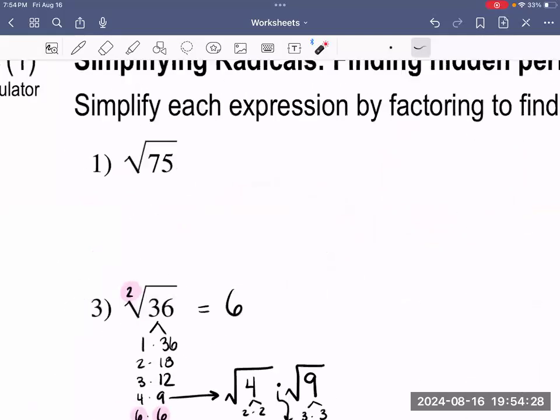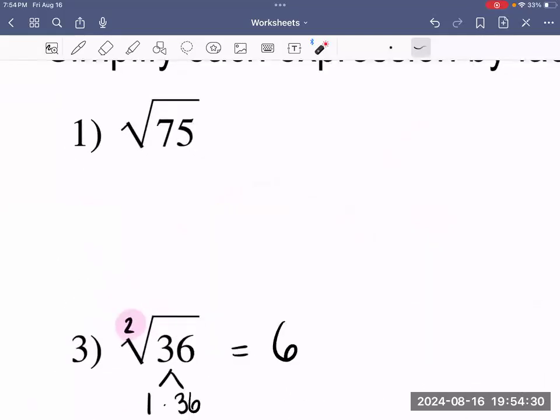Now, let's take a look at 75. So 75, their factors, right? 1 and 75, 2, and if you're trying to divide 75 by 2, you'll notice that you come up with a fraction, which is not what we're looking for. So we only keep it nice and clean. Now, if you notice that 75 is divisible by 5, that should probably be one of the first ones that you go to. So we have